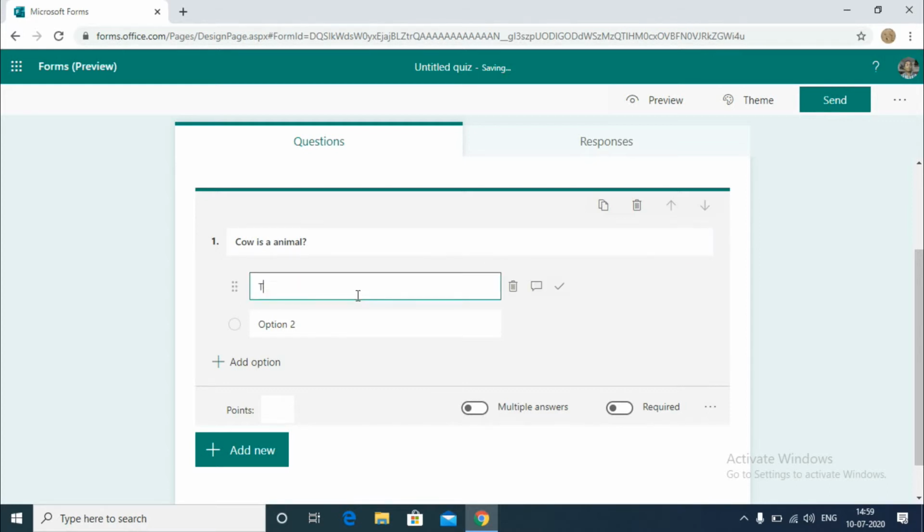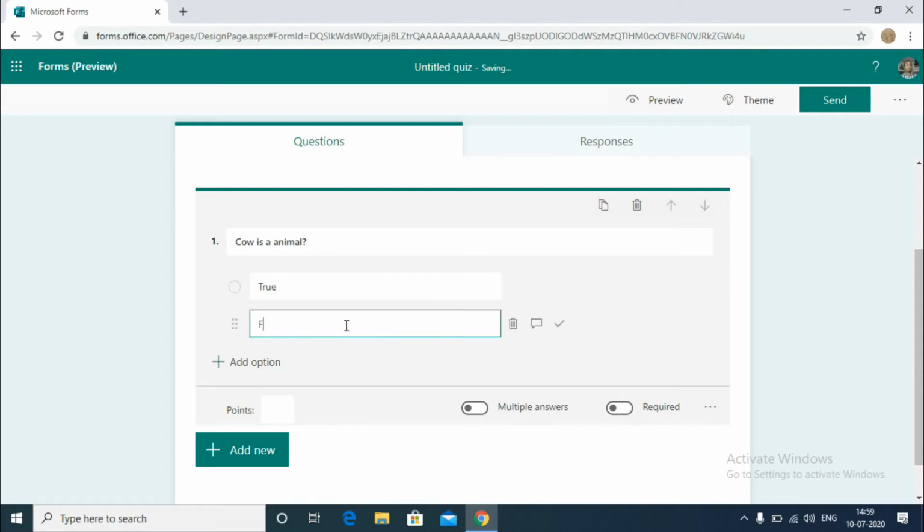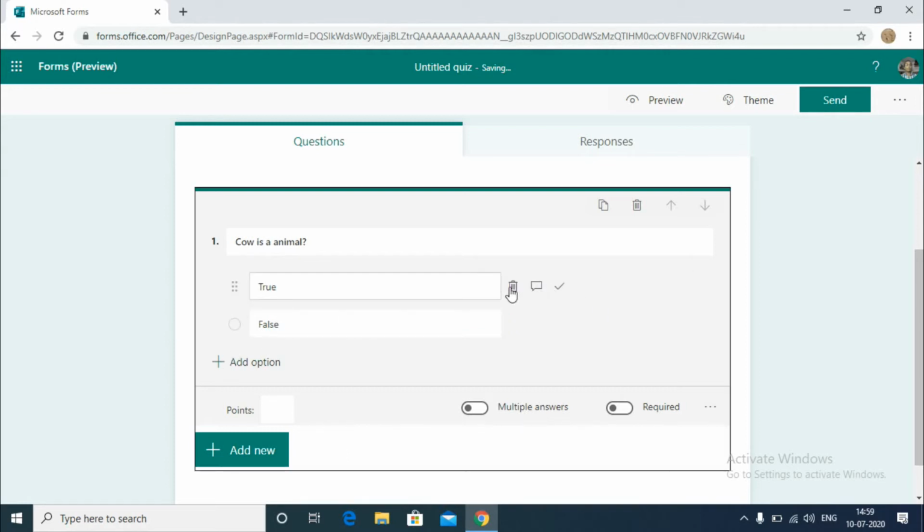You can give here true and false. If you want to add options, you can click here, no problem. And maybe the correct answer. Before asking a question we must know the correct answer, right, for this type of quiz. So if you see here the tick mark, click there.